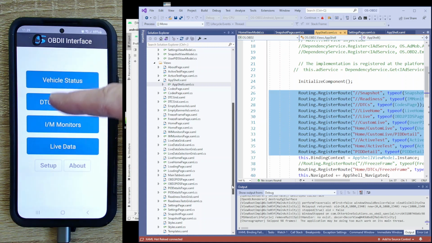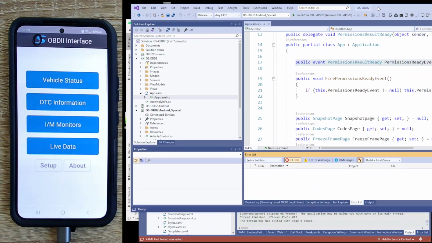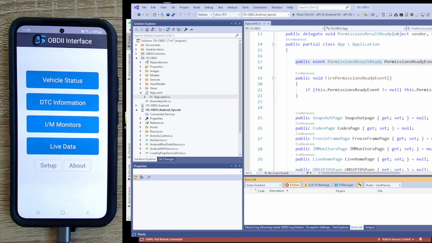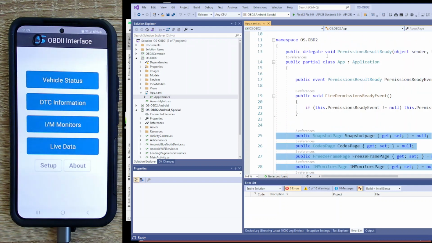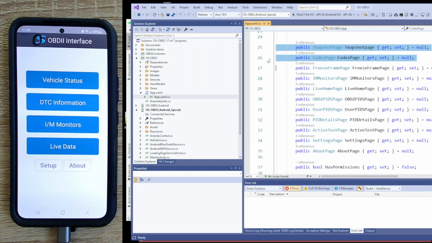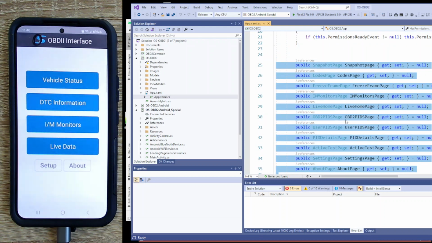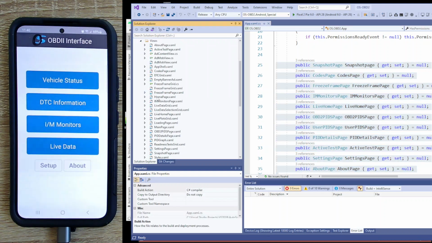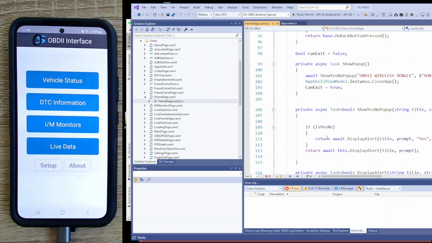And all of my pages in the current app instantiate once because I'm in control. And the way that that's done is, now I'm switching over to the current code. What I do is I create a bunch of properties on my application for each page that I intend to use. And then through some navigation events, basically each page at its bottom, here, home page for example, handles